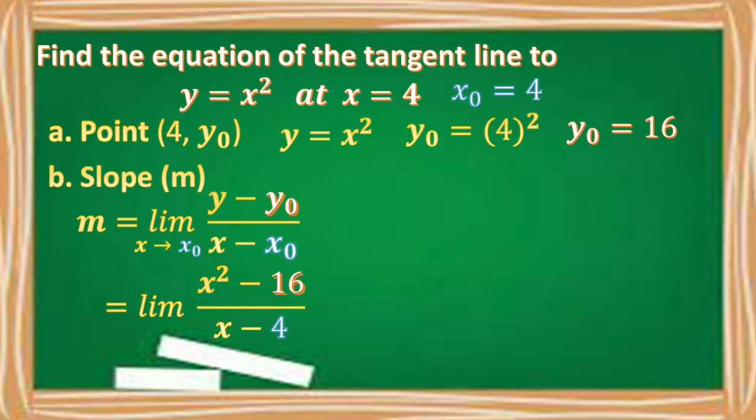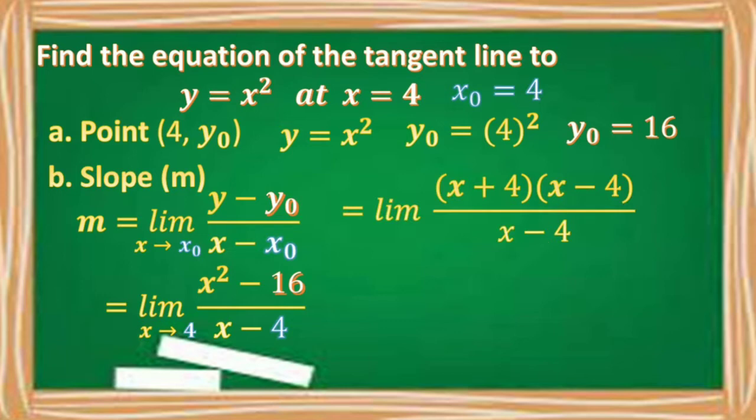We can factor x squared minus 16 as x plus 4 times x minus 4